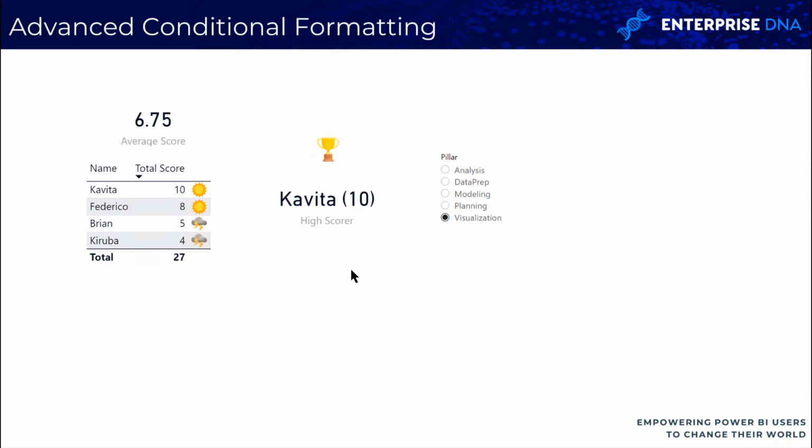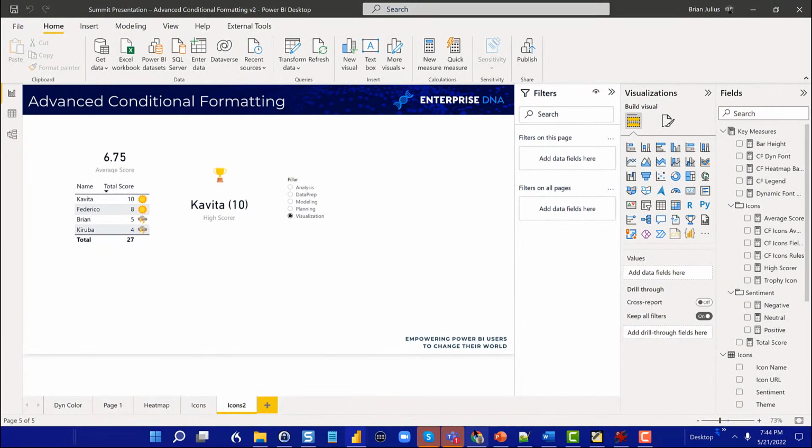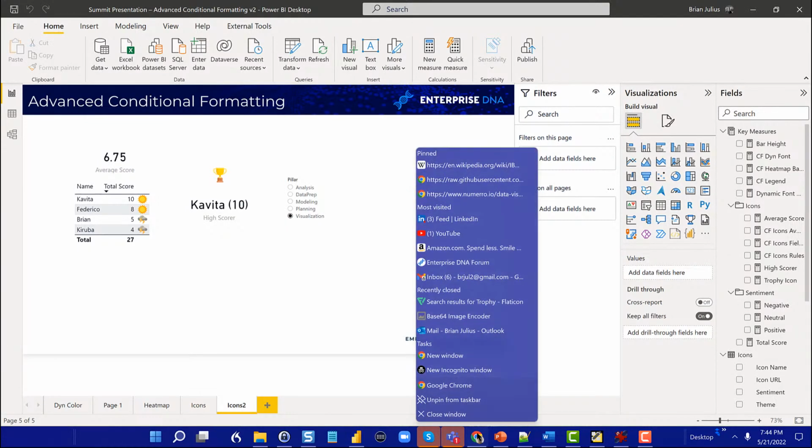So it gives us a lot of flexibility in terms of what we can do with those custom icons. So that again opens the door wide for you for basically any sort of icon sets that match your corporate theme or match your navigational theme. So that's custom icons, and now I want to move into the final example, which is the visual layering and